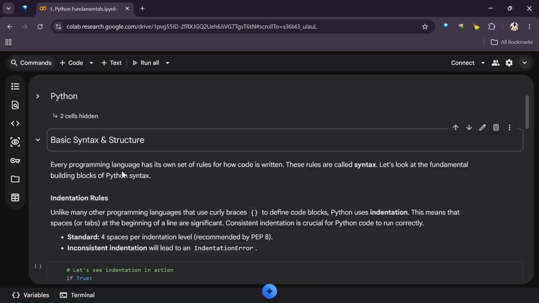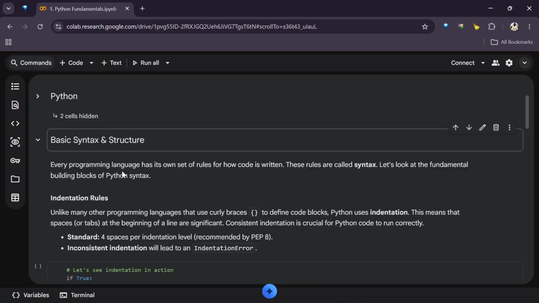For example, let's pick SQL. You want to create a table, you write the keyword CREATE TABLE first, followed by the table name. Then you open a bracket and list the columns you want: the column name, the data type, and optionally a constraint. So that is a syntax. That is not the actual code. It's just the rule that guides how you create a table. So the set of rules that guides how code is written is what we call syntax.